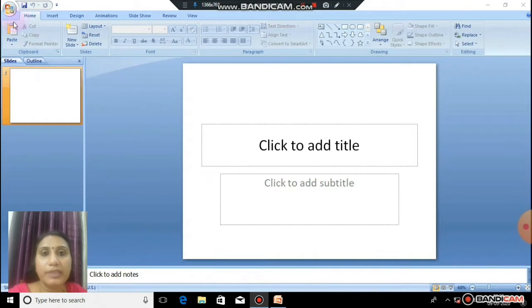And down to the tabs, you can see a group of icons. Okay, so that is called groups. So Clipboard group, Slide group, Font group. So like that, groups of icons are there. And at the left pane, you can see the slide tab area. So this is the Slides and Outline tab area. So here you can see small thumbnails of the slides.